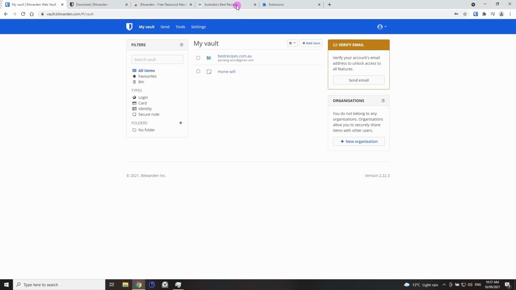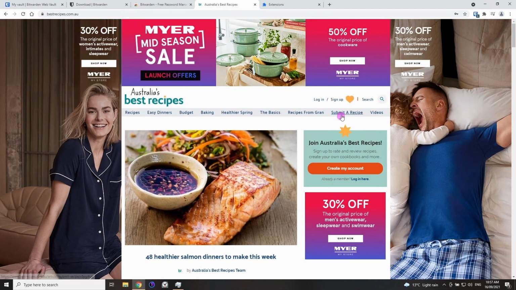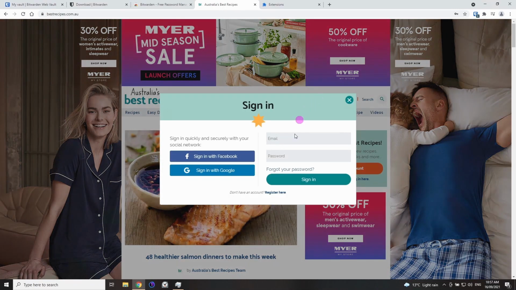Okay, so we'll go back to best recipes. Thank you for registering. We'll close that, and we'll go to login. I'll show you how easy it is. So if you click login, come up with email and password. Now there's a couple of different ways you can do this. Easiest way is just press Control, Shift, and L, and if there's a match for that site, it will just